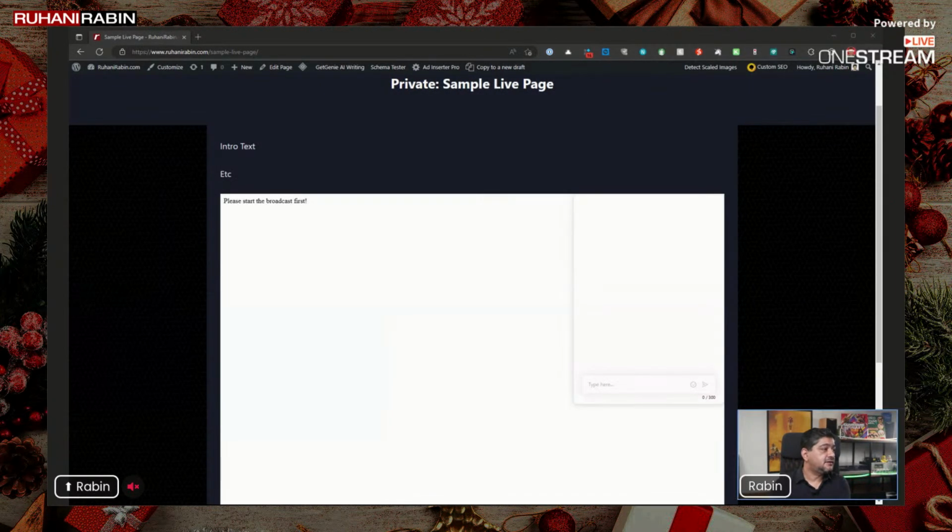So player size responsive, security, domain restricted is already there. Background, okay, let's try anything from here. Apply. Adaptive bitrate, chat option. Okay, I will disable the chat for now and generate a new code. This code I am going to paste again. Go to the, okay, here, edit page,